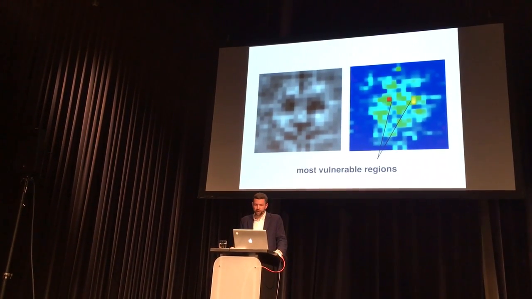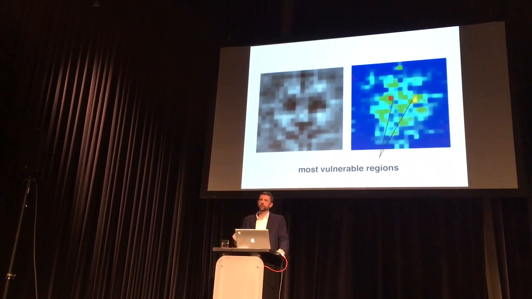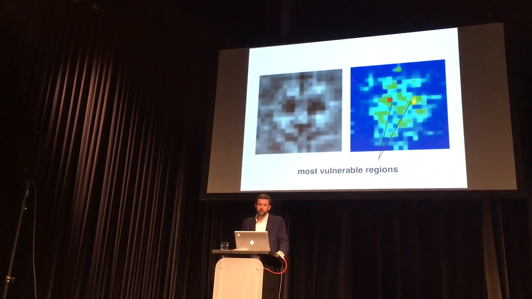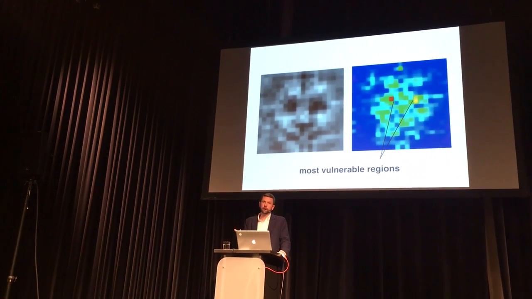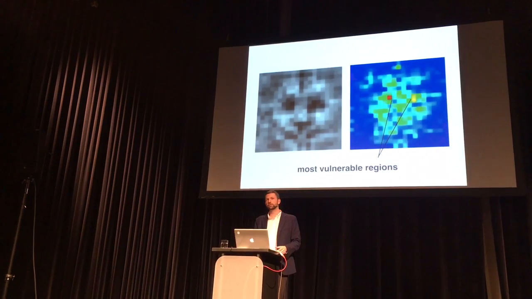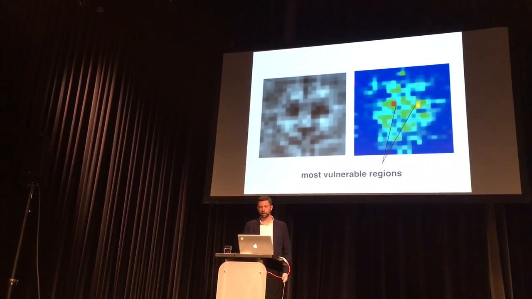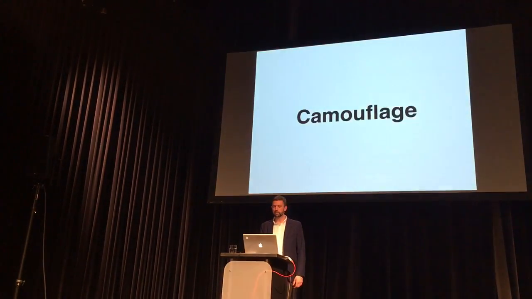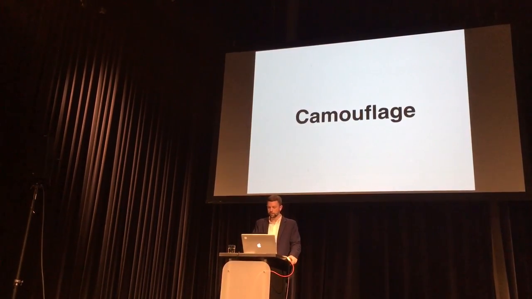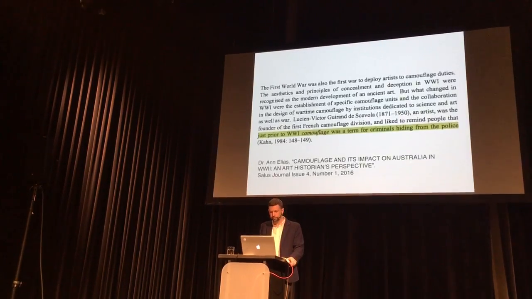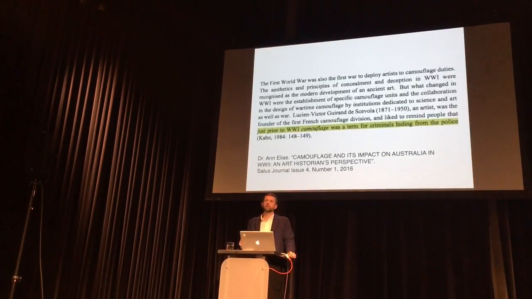Now I think it is where it gets more interesting and hopeful. So now we can analyze that algorithm and we can figure out where it's vulnerable. And we can see that in this example, areas that are red, yellow, and green are more sensitive to variation, whereas the areas in blue are more tolerant. So we can use that information to appear in a new way amidst these new ways of being seen. So I want to then present some of the work that I've done with camouflage, but preface it with